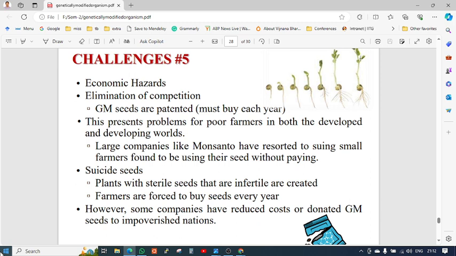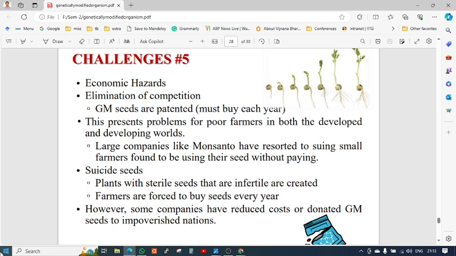If you consume the drug, then for next year and the years after, you are forced to buy and consume that drug. GMO is the same kind of thing. This presents problems for the poor farmers in the developing world, because the big companies which are producing the GMO,